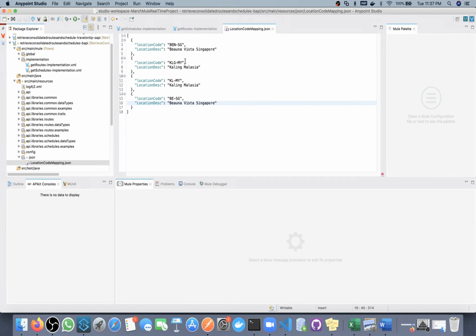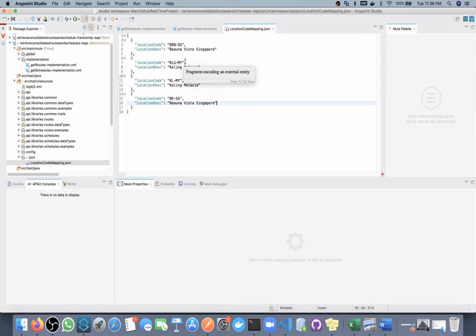This is generally used for mapping purposes. For example, from some system you are getting country code as IND, and from some system you are getting country code as India itself, but in the target they want India. So again you will create this mapping value.